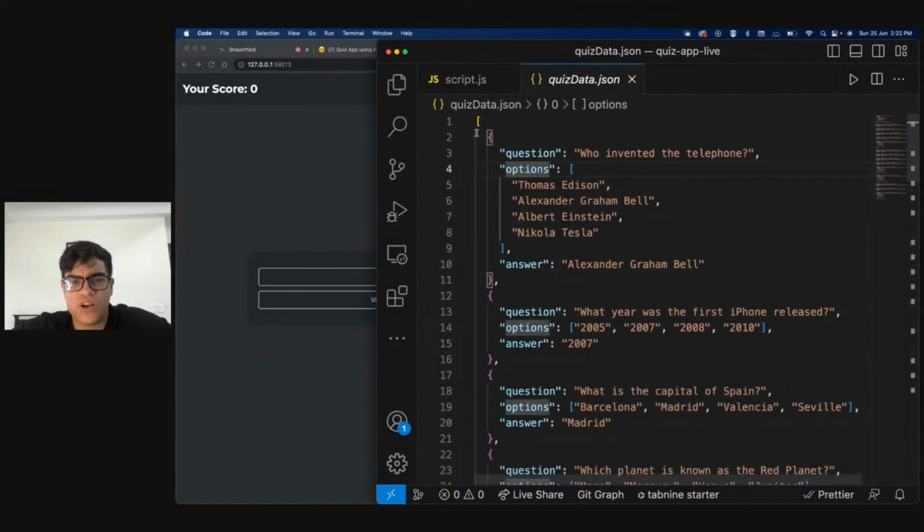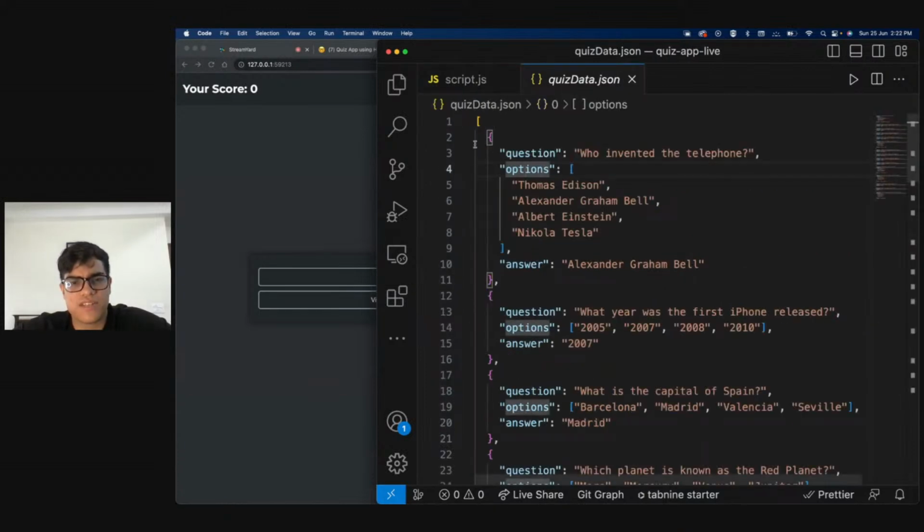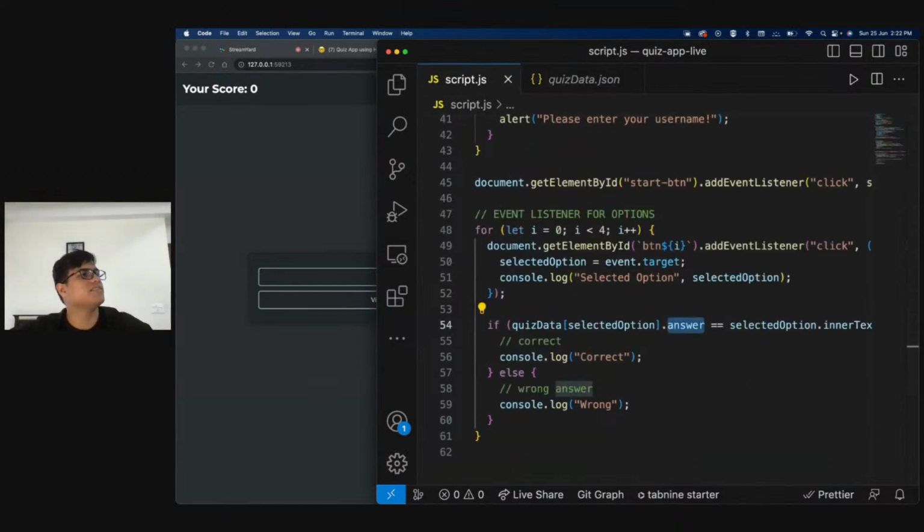Quiz data dot selected option dot answer, right? So quiz data dot selected option dot answer, if that answer is equal to... let's see.